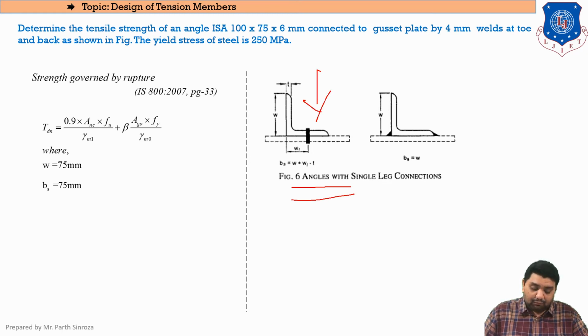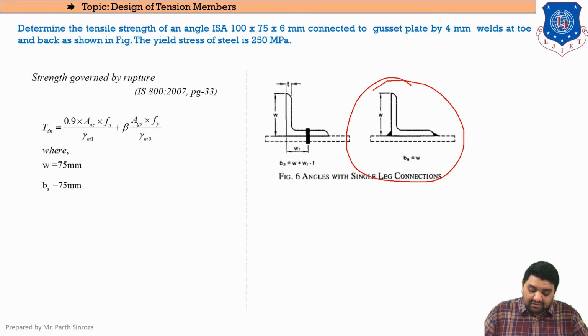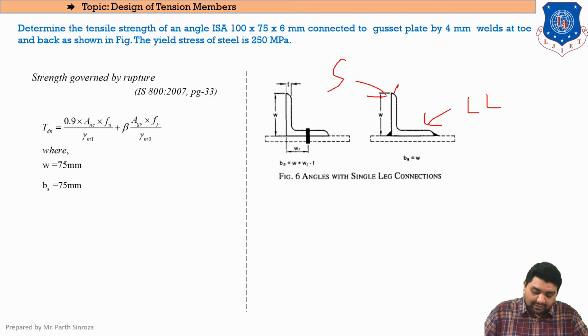This left hand side figure was for bolted connections that we have seen in the previous session, and this right hand side figure is for welded connection. So this we will be seeing now. Focusing on the right hand side figure, you can see here that this is our hidden part. Our hidden part is our gusset plate. So the plate or the angle connected to the gusset plate will be our longer leg. So this is our longer leg. Again repeating, this will be my longer leg and this will be my shorter leg.